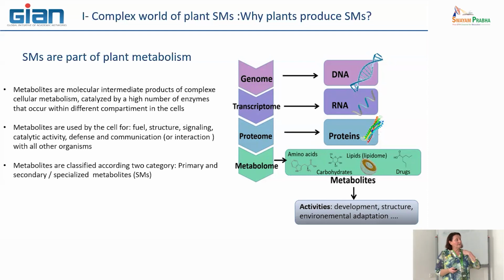For example, when a cell is stimulated, for example by an herbivore, and the cell needs to produce a specific specialized metabolite, at this moment the genes that encode enzymes of the metabolic pathway are stimulated. This means that in the transcriptome, we can find this type of mRNA. And this way, we can also define in which condition we will be in the best position to identify the enzymes that are responsible for the metabolic pathway. Is it clear?